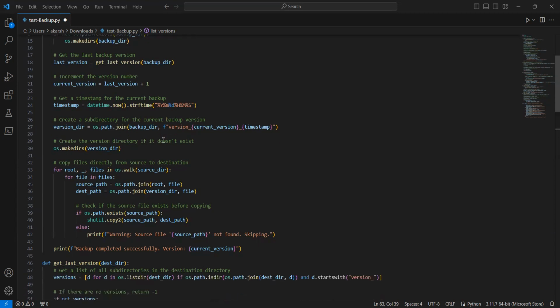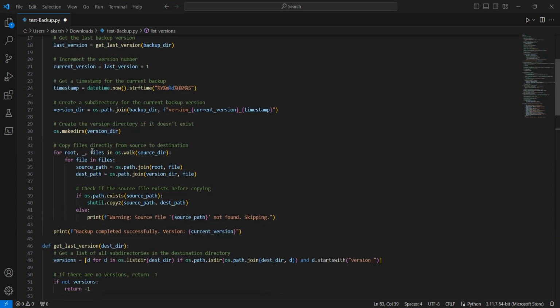Now to the next step, it creates a subdirectory for the current backup version using the version number and timestamp. If the version directory doesn't exist, it creates one using this command. Now moving to the next part,